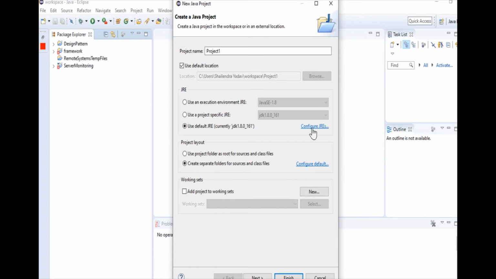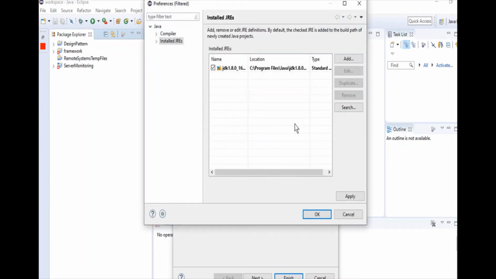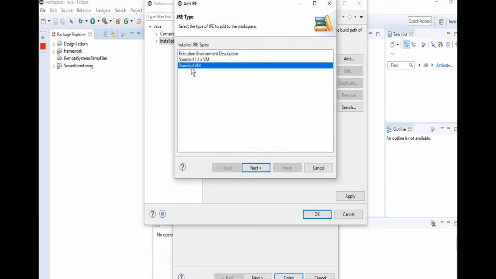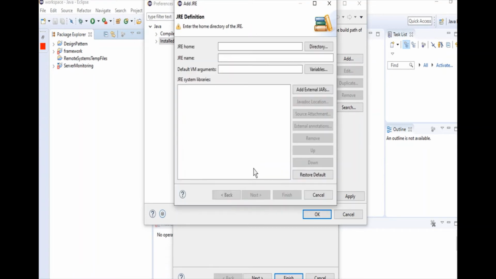If it is not JDK 1.8 and is some other version, then you have to configure your JRE. Click on Configure JRE, and here you can click Add, then Standard VM, and go to Next. Here you have to mention the path of your JDK till the bin directory that we copied in the path variable. Once you're done, say Finish.